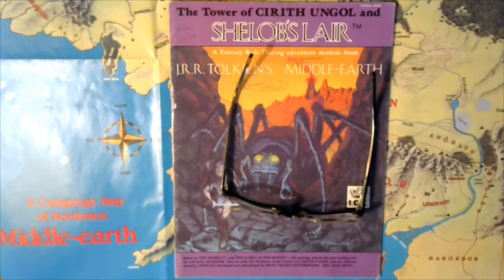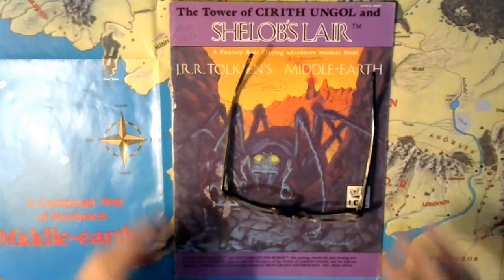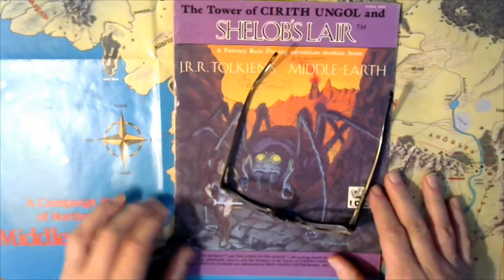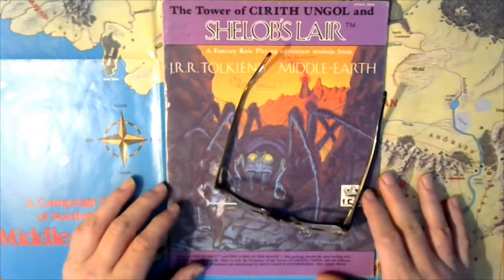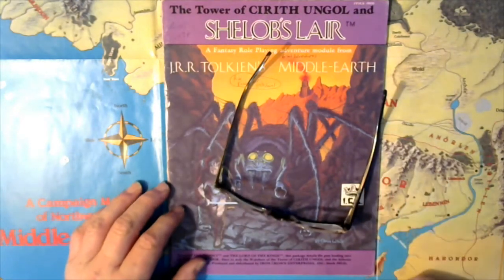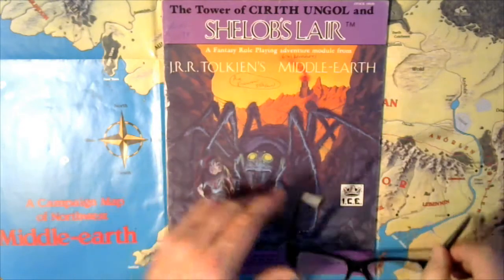This is another installment from Middle Earth Role Playing, or from Iron Crown Enterprises back in the day, circa late 80s, early 90s. It is the Tower of Cirith Ungol and Shelob's Lair. J.R.R. Tolkien's Middle Earth. Now, what makes this particular module, my particular module, special from my perspective, is this is actually one of the very first